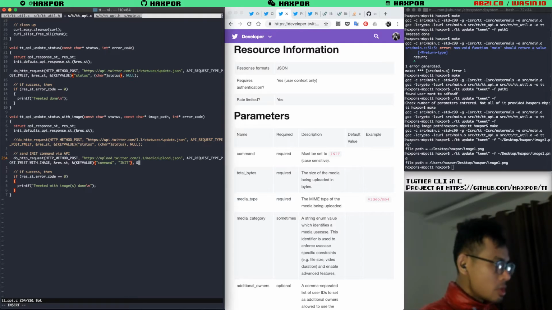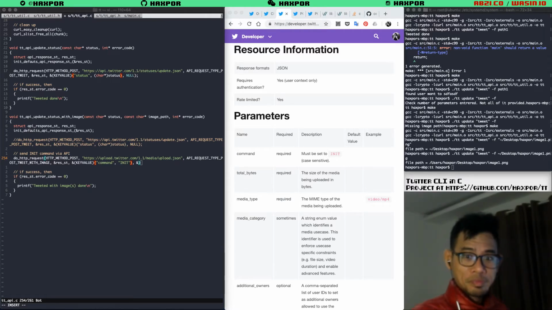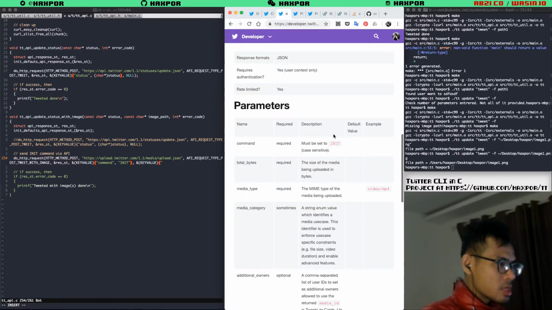Okay, it is the first one. Okay, moving on. Key value here. Command, we are sending already. Total byte, okay, we need to read